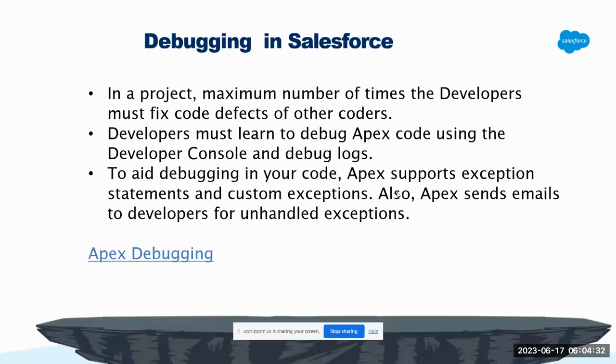Even if you as a developer have written some code and that code has gone into production, and there is a production defect, you will definitely not get production access, and you have to debug that code in a sandbox environment. For that, you must know how to debug code. This is again a very important thing. If you are not debugging at the end of the day, then you will be answerable to the client, and these things are very risky.